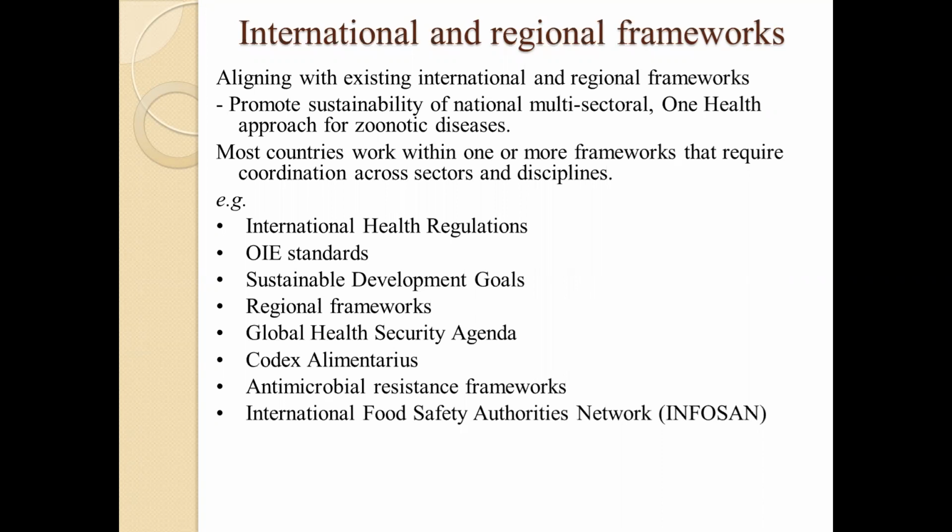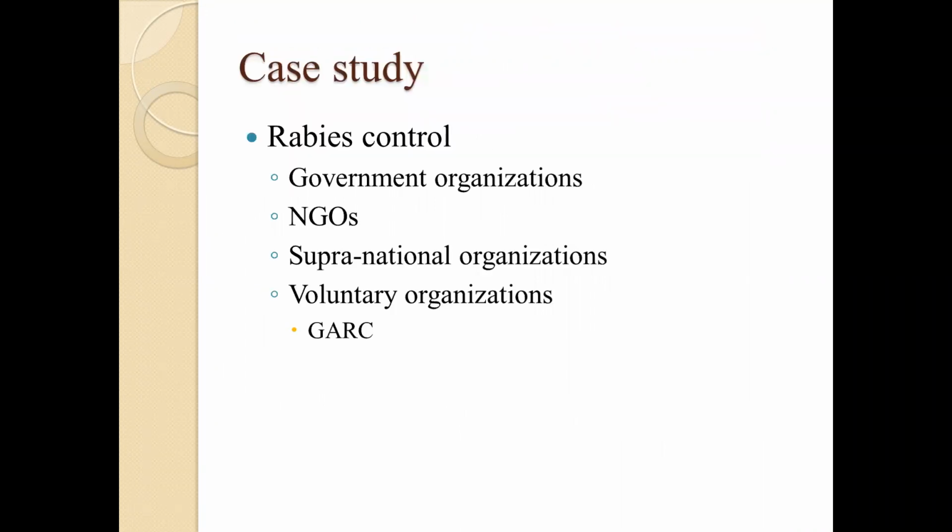It promotes the multisectoral approach for the management of the problems identified, including zoonotic infections. Take, for example, one case study, rabies control. In order to control rabies, we need government agencies. Government agencies establish hospitals, recruit veterinarians, and through municipal corporations, local self-government, help in stray animal control and other things. Starting from case management to vaccination, catching them, and population control, all these things